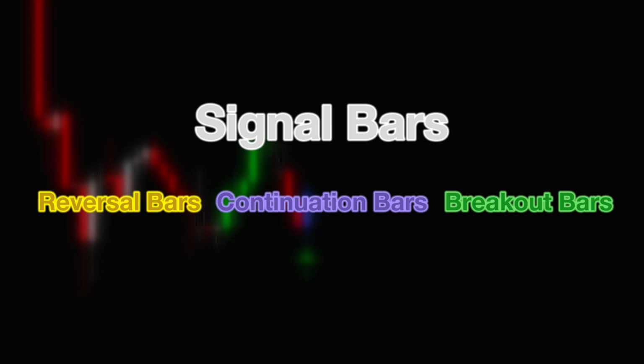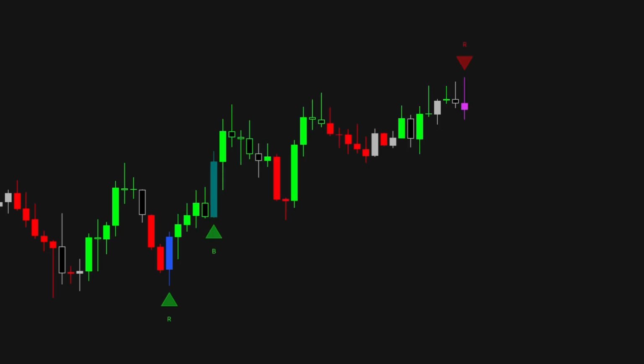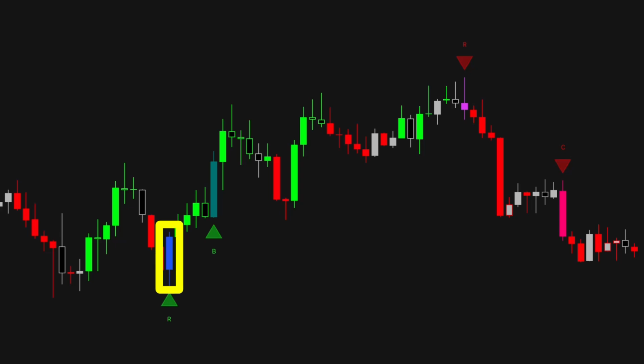There are 3 different types. Reversal bars indicate a strong bullish or bearish trend reversal. They often occur at the bottom or top of a price move right before the start of a new up or down trend. The blue reversal bar indicates a bullish reversal, and the pink reversal bar indicates a bearish trend